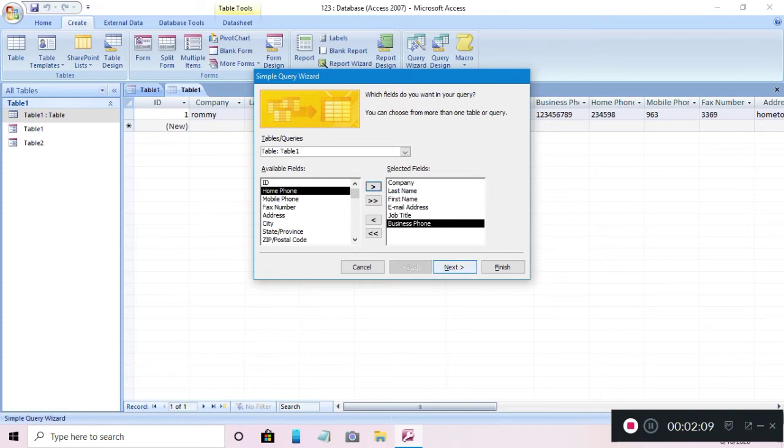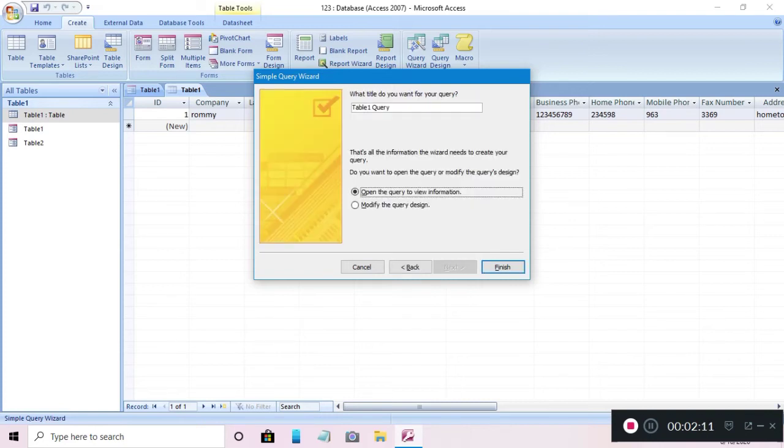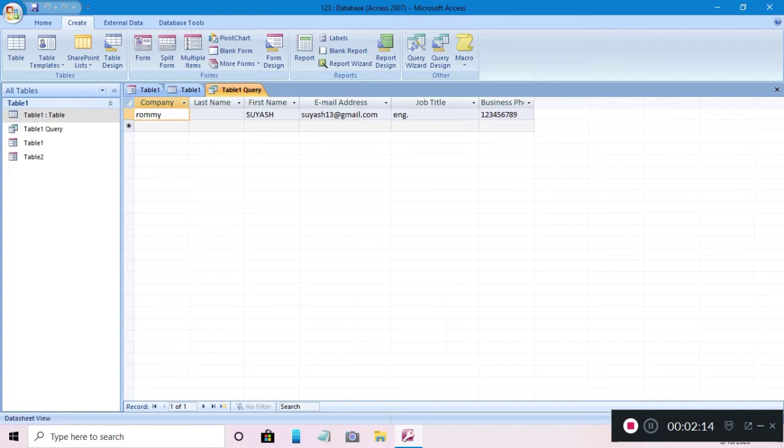Then I will go to next and finish. Now you can see here, as we have selected the simple query form, this is the simple query. We don't have to change anything. We already selected the information which we want in the previous step.